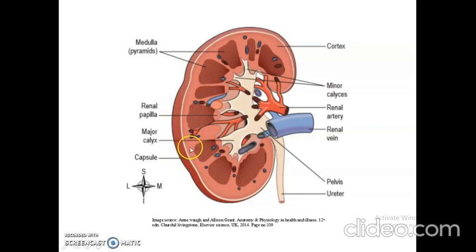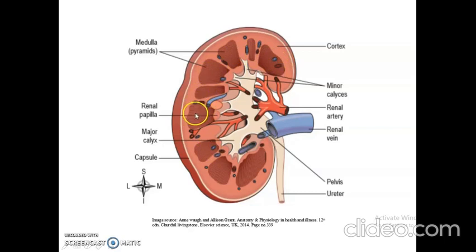Immediately below this capsule, you can see the cortex part, and the innermost part is the medulla. Between the medulla and the capsule, you can see the reddish brown colored part; this is the cortex of the kidney. These structures are called the renal pyramids, which lie in the medulla part of the kidney. They look like dark and light bands because of the collecting ducts present in this region.